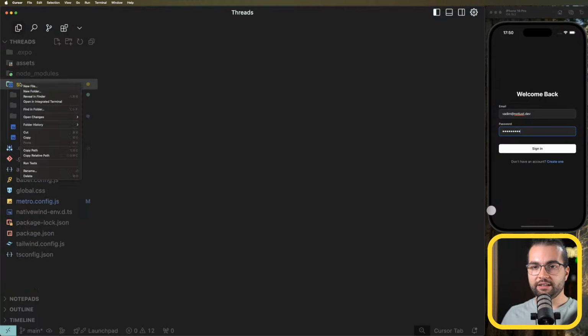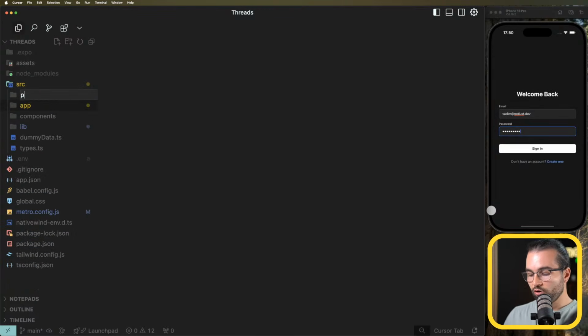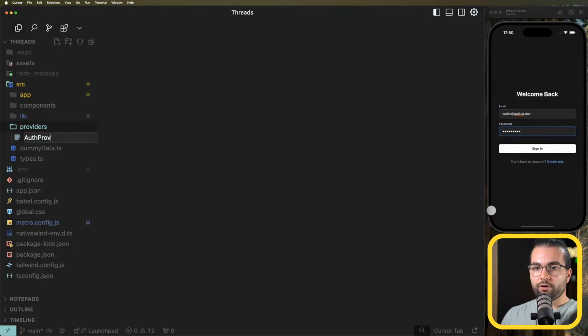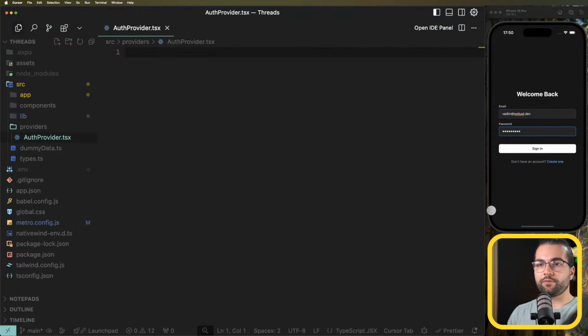So let's go ahead and create a new folder called providers. And here let's call it auth provider.tsx. We need this in order to simplify the way we get access to the current user in the current session,